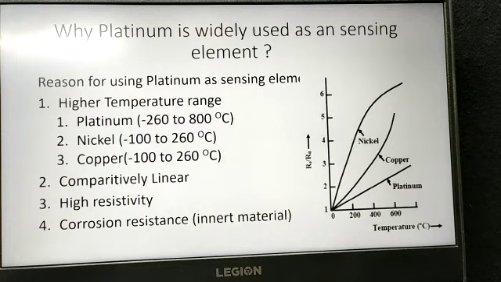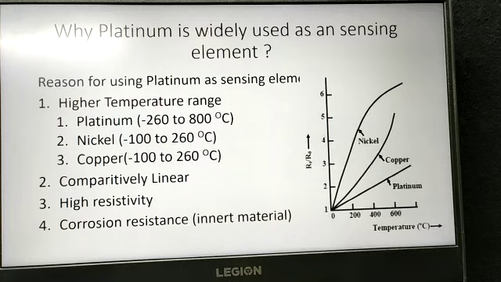That's why it is difficult to solve computationally. I'm saying difficult to solve, not unable to solve. But now, with the high computation power of the good computers we have, we are able to solve it. Now the third point is high resistivity. What do you mean by high resistivity? Platinum has 10 times higher resistivity as compared to copper.